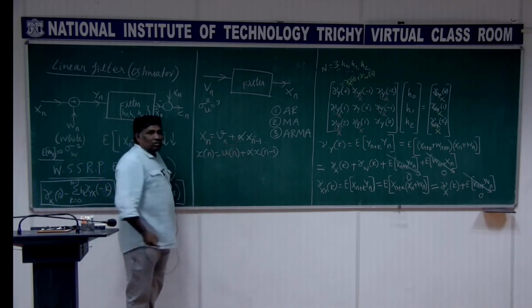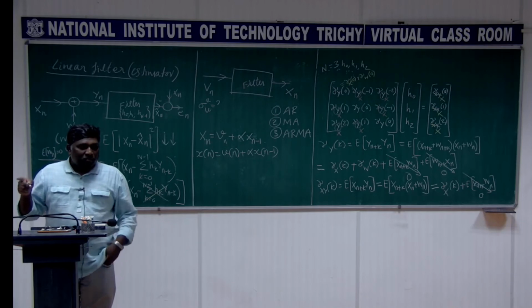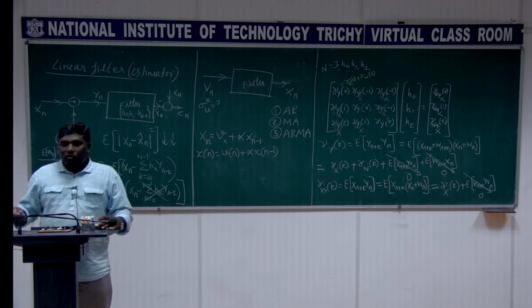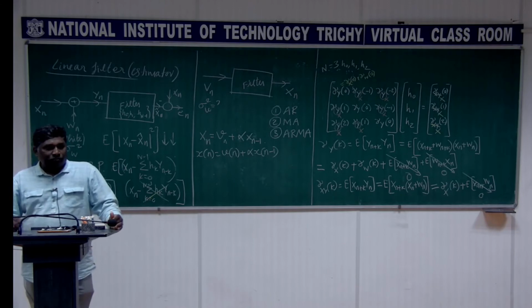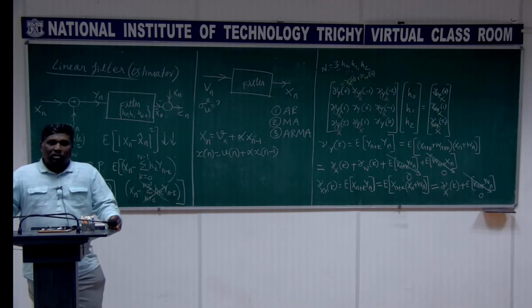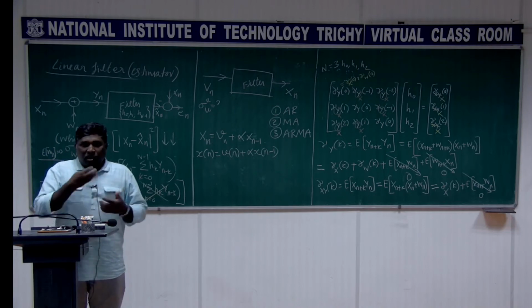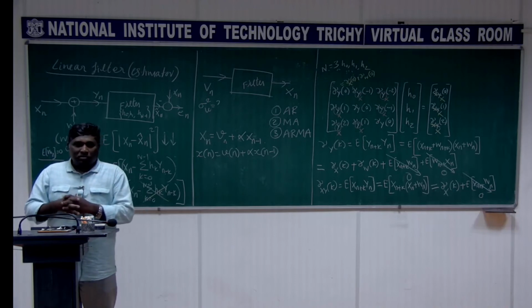So for this, you have to find out the autocorrelation, and then you can take the Z transform to get the spectral density in Z domain. It is a discrete case. That's what I am talking about, the Z domain, right? We already know we can take the Fourier transform for the autocorrelation. Strictly speaking, discrete time Fourier transform for the discrete case, right? We can even take Z transform. Whatever holds true for the deterministic signal, we can apply it for the autocorrelation, because once we compute autocorrelation, that becomes a deterministic signal. Autocorrelation is the deterministic one. The random process is not deterministic, so we cannot take the Z transform.